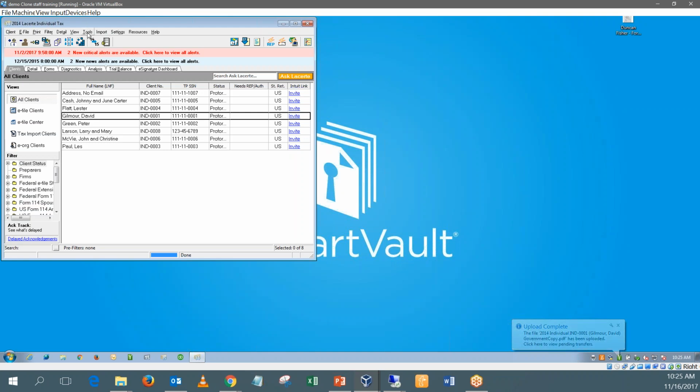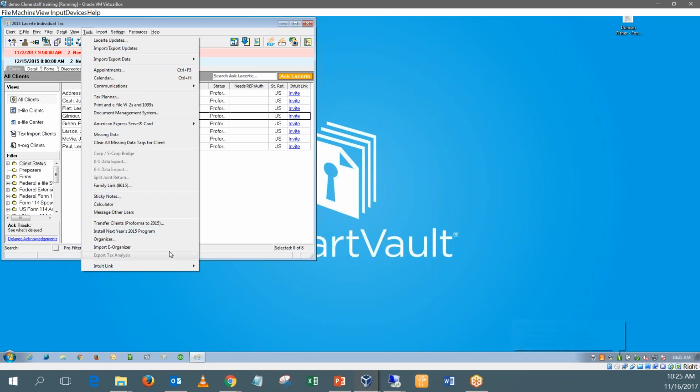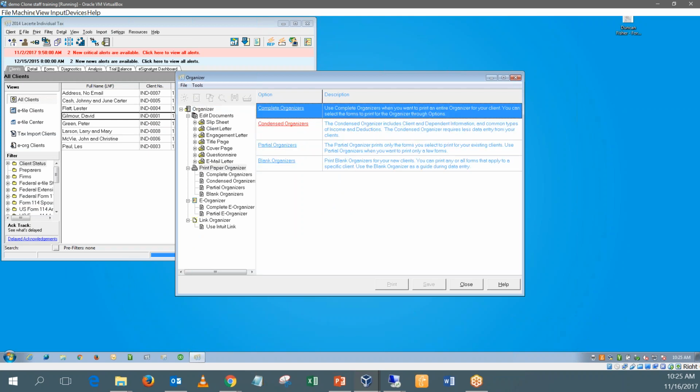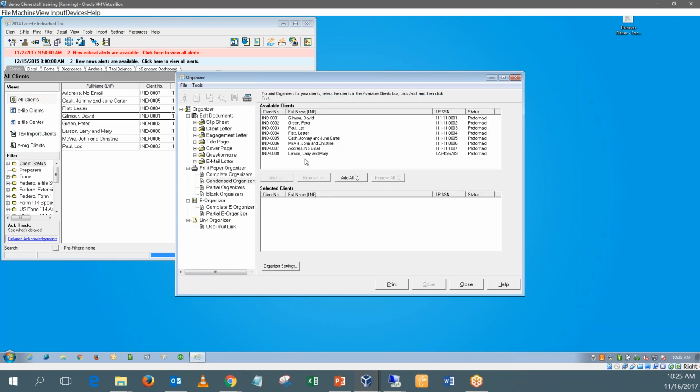But yeah, if I want to print out an organizer under tools, you can go into organizer, set it to print paper organizer, and whichever copy you prefer, that's based on your firm. So for now, I just click one, and then you'll see a list of clients that you can print out organizers for. So maybe I want to print out just a few of them. I'll just select these,